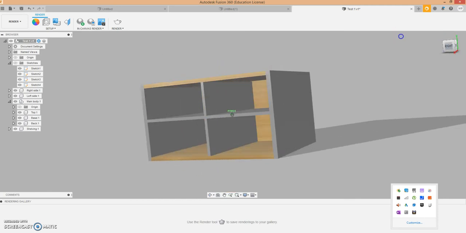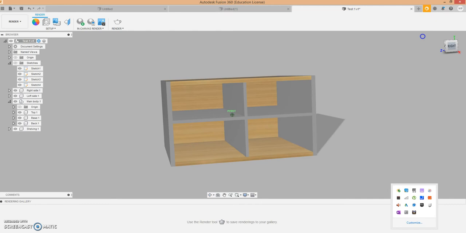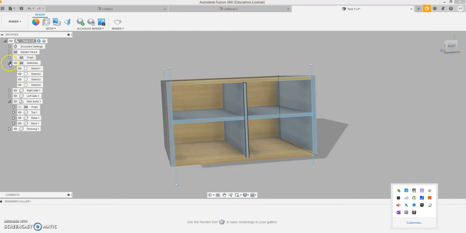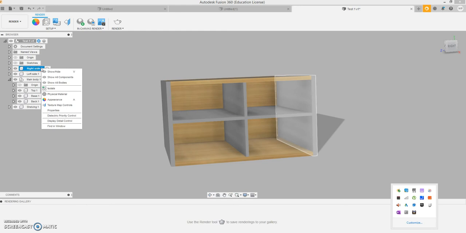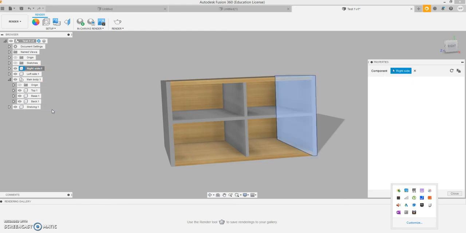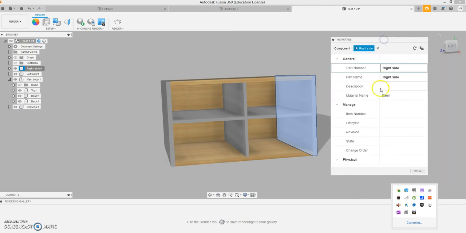Okay, that's because we chose the correct work plane from the initial build. So I'm just going to close down my sketches here, just turn them off. Right, so now we've got right hand side. What I can also do with this, I can click on properties. Okay, so the right hand side, if you look at the properties here, you can see that I've got a description. Now in here I can just type in 17 millimeter